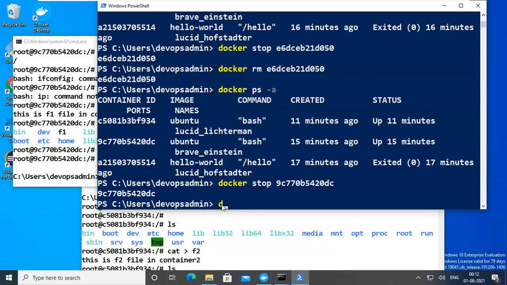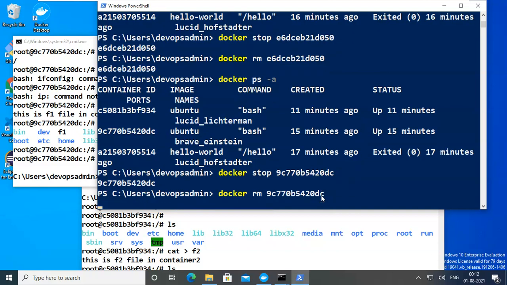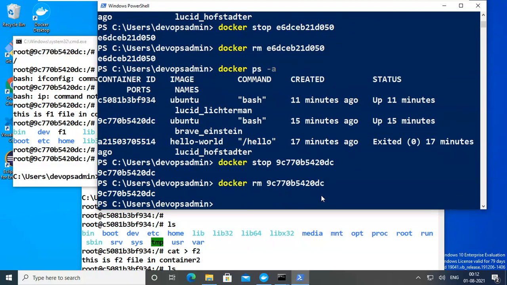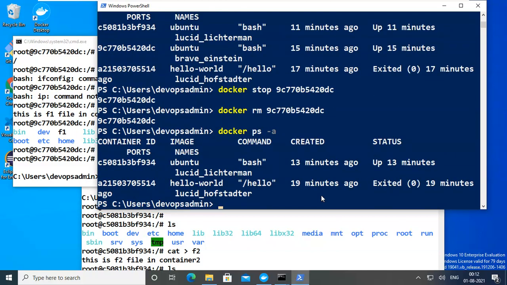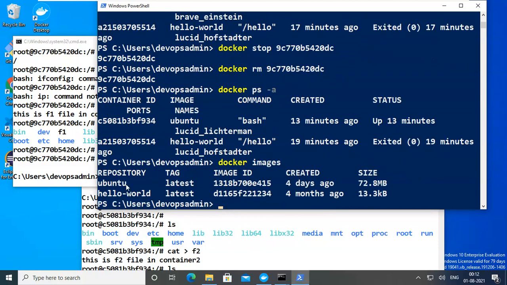But it is always better to remove it; never keep it in your system once the container work is completed. Now the container is completely removed. You can see ps hyphen a. That is just the CMD prompt now. Now only one container I have. So I'm deleting this one also. I will show you how to delete images. So we'll see images. This is what we're currently running. This is the image ID. So copy the image ID.